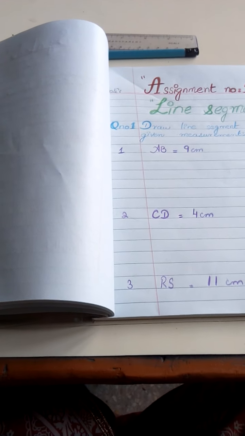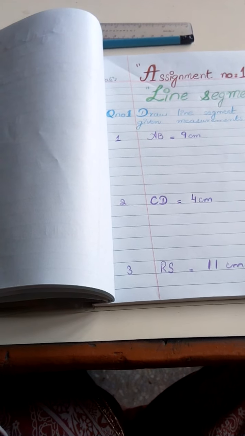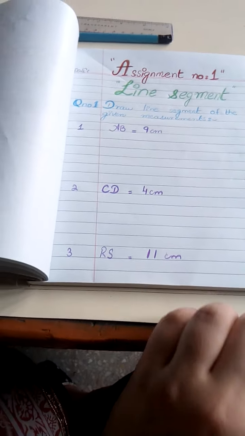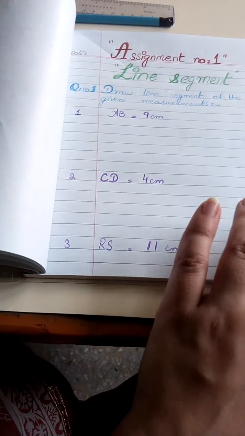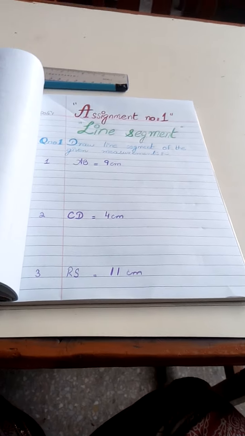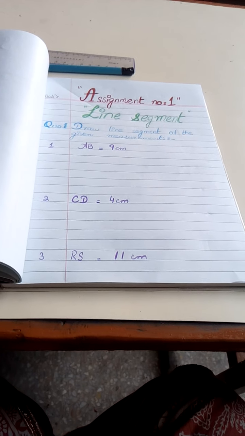Now the question is how you are going to draw the line segment. That tutorial, that video, I have already shared with you. It is present with your assignment. You can go and watch that video as well. 3 questions will come on one page, and the next 3 questions will come on the next page. In this way you will do your copy work in the geometry copy.